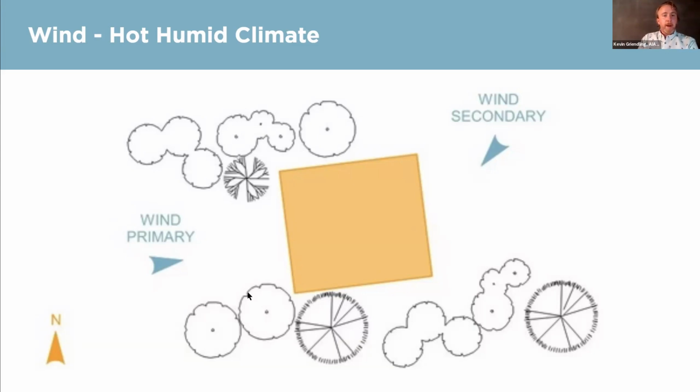In this case, what we're doing is using less evergreen trees, mostly deciduous trees, to allow for some winter sun to come in if we can, especially from the southern direction. But in the summer, when it's going to be most hot, we want to essentially block more of the sun from the south side, and we want to allow the wind to pass from those other two directions that we have wind coming from. So that's an amalgamation of strategy,